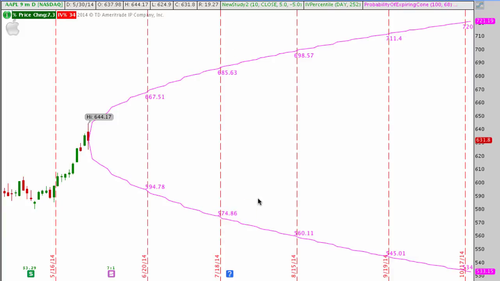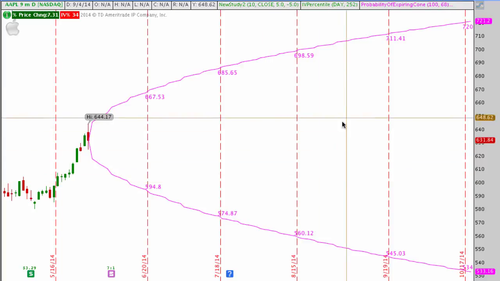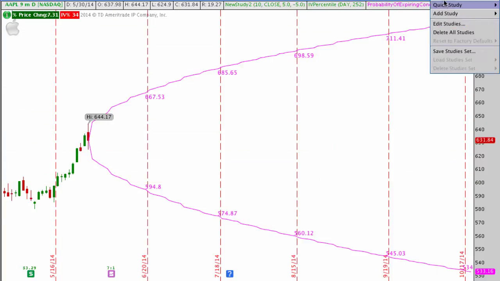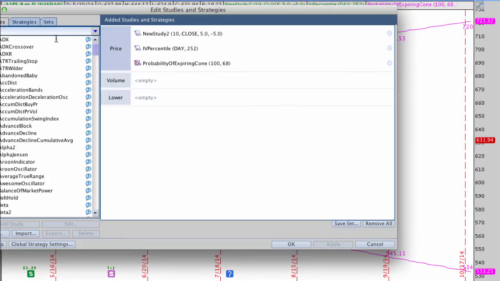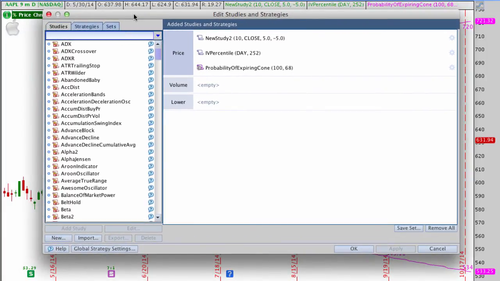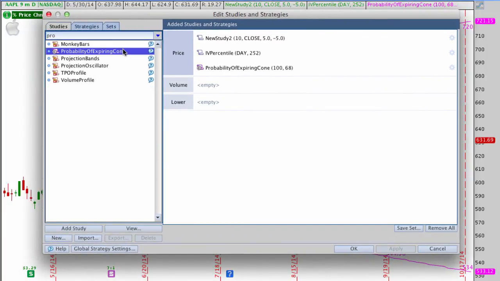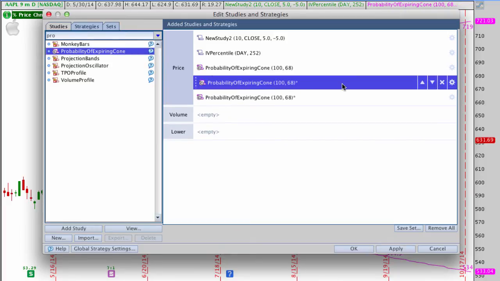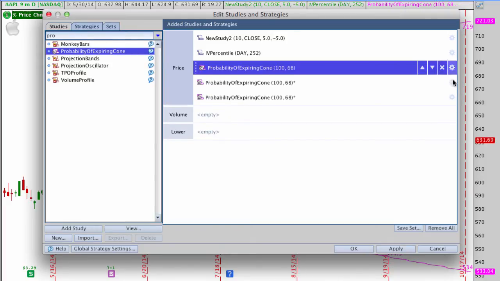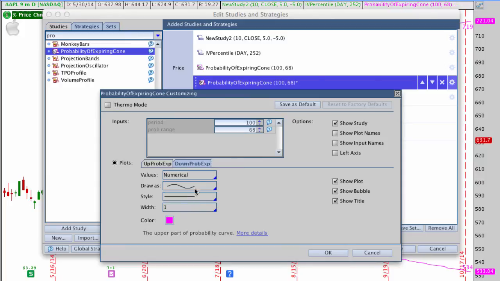Now, what I like to do with some of my charts is add a couple of these studies and give you some real perspective on probability ranges, if you're not familiar with them. So I'm going to go in here and add just a couple more to show you where some of them can be. I'm going to take this one at 68. I'm going to change one of these up here, and I'm going to make this an 80% confidence level.